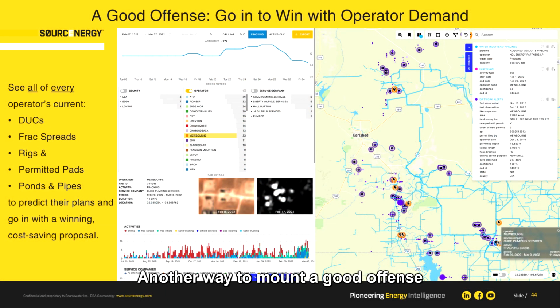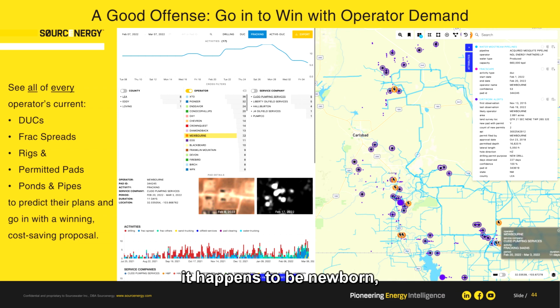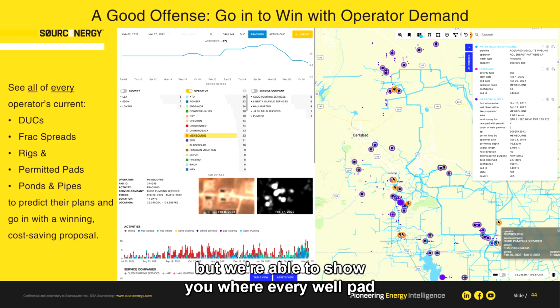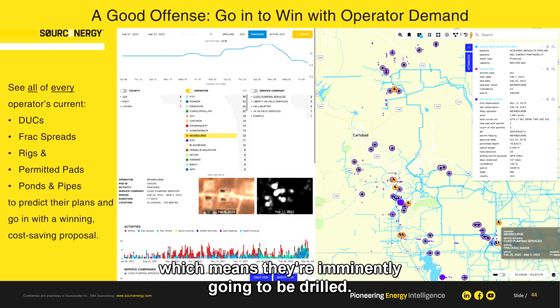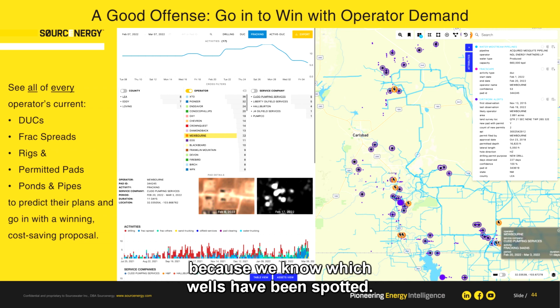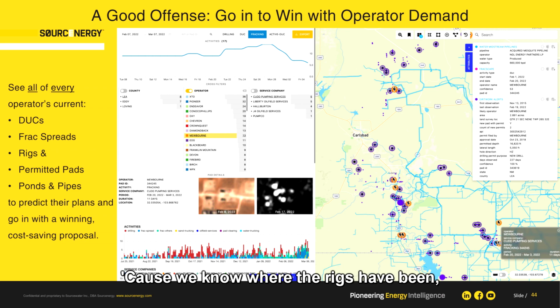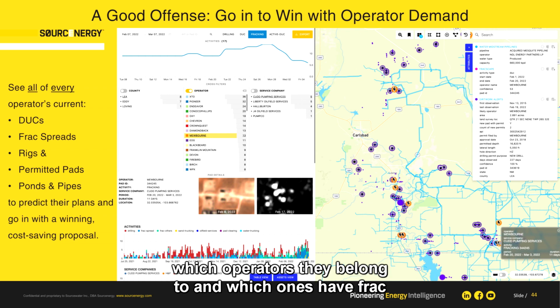Another way to mount a good offense is to go in to win with operator demand. So what you can do, in the example I'm showing here, it happens to be Mewbourne, is we're able to show you where every well pad has been built, every well pad that has a permit, which means they're imminently going to be drilled. And we're able to show you where the real DUCs are today, because we know which wells have been spudded, because we know where the rigs have been, and we know where the frac crews have been. And so we know exactly where the live DUCs are right now, which operators they belong to, and which